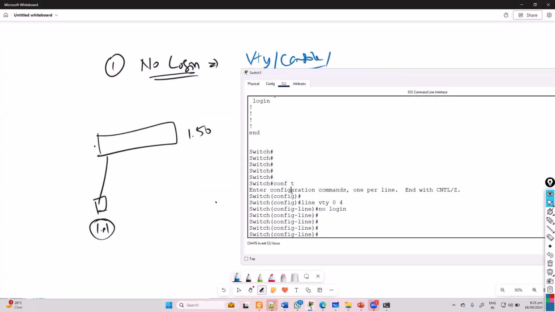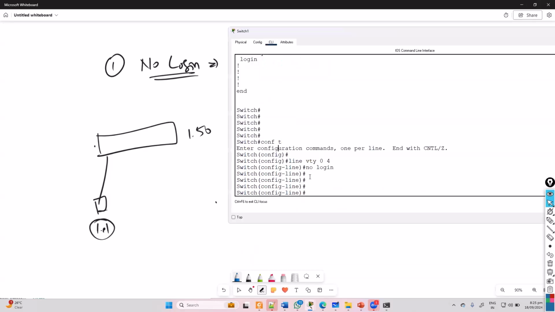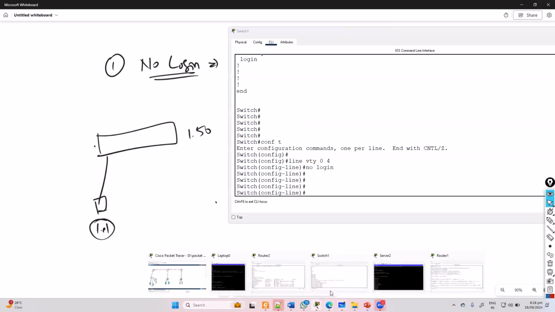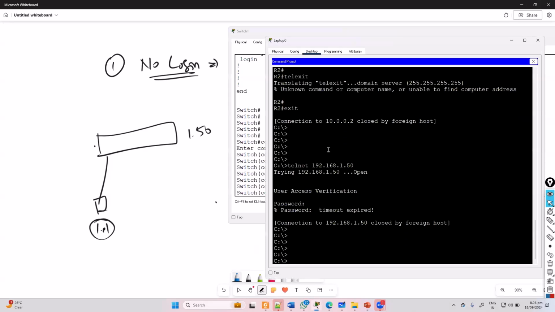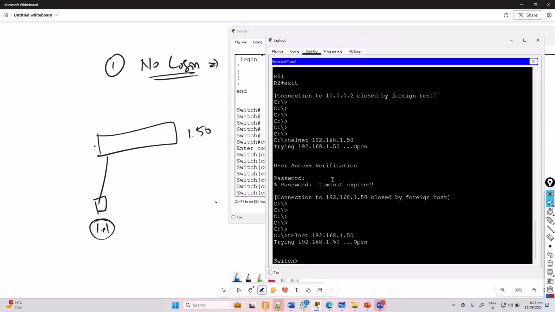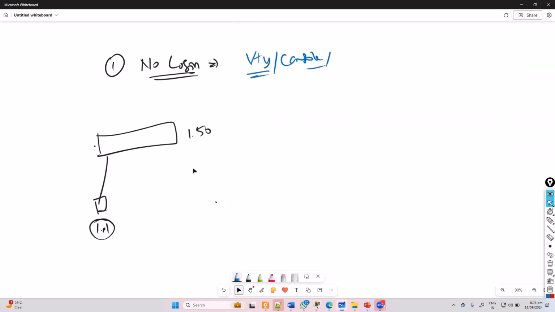Now what is no login? Let's verify what is no login here. No login means simply don't ask any password. That's what it means. So if I go to any one of my computer or the laptop or the PC, I'm trying to telnet to my switch. What it does, it immediately takes you to the next mode without asking any passwords. Can you see any password it is asking? There's no password here. So no login is simply allowing you to log in without any passwords,